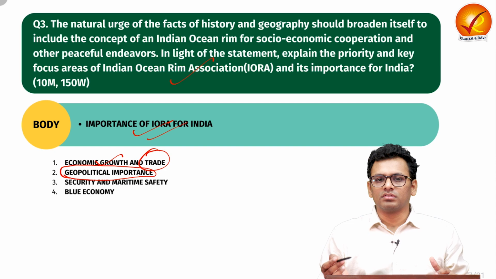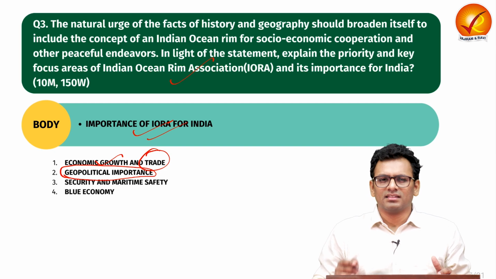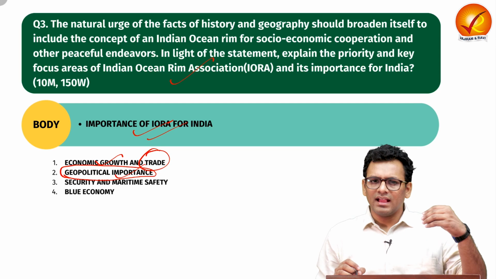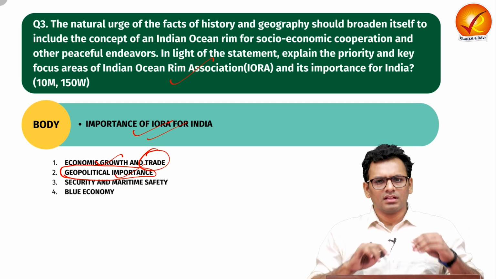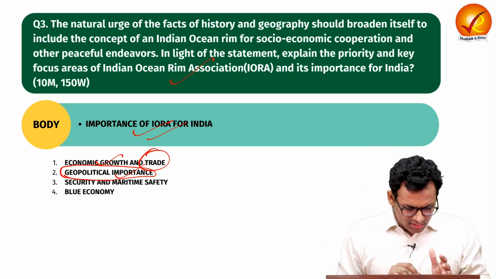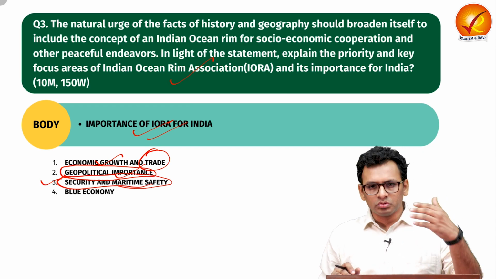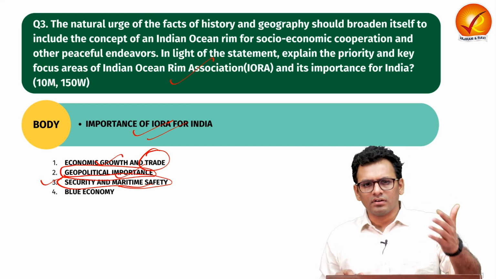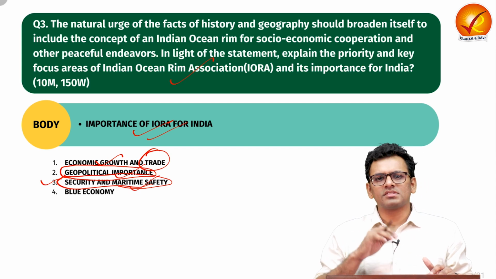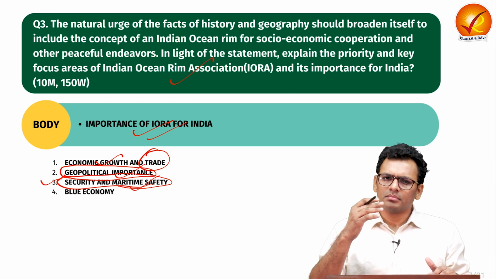The second is geopolitical importance. As we've talked about, there are different points such as the Suez Canal, then we have the Malacca Strait, etc. These are different geopolitical places of importance, and because they lie in the Indian Ocean, they also have a crucial role for India's overall growth story. The third is security and maritime safety. We are witnessing China's influence through the Belt and Road Initiative, through different kinds of initiatives of China. We must ensure that India also safeguards its interest in the Indian Ocean region. For the same, the Indian Ocean Rim Association plays a very crucial role.